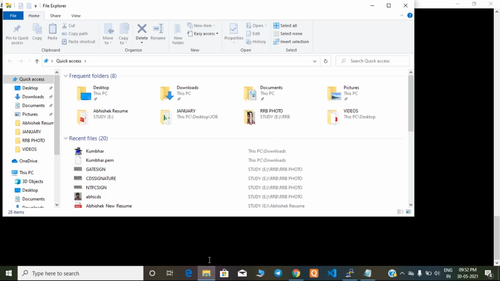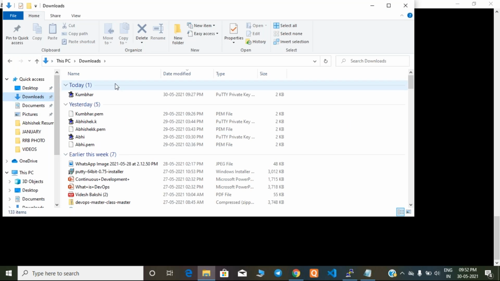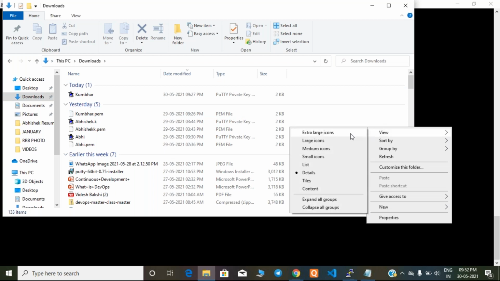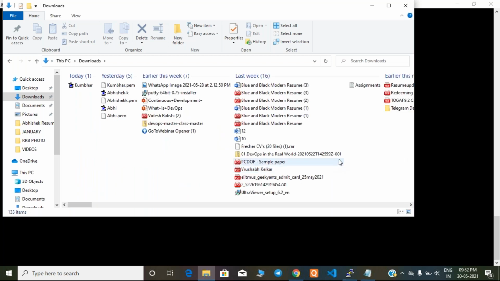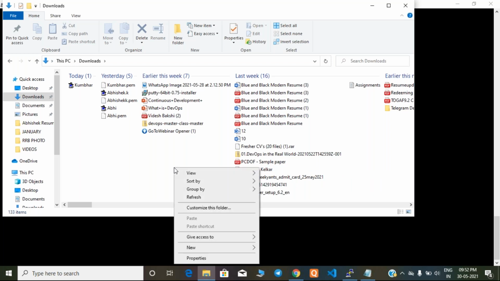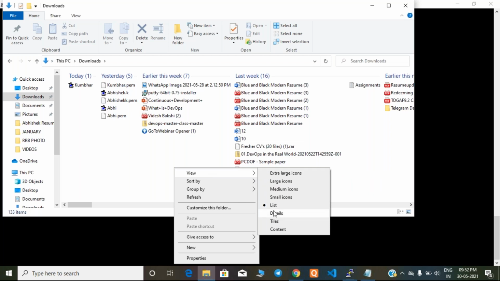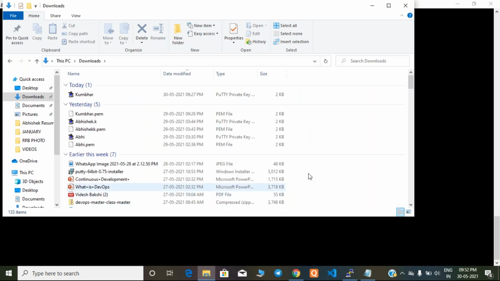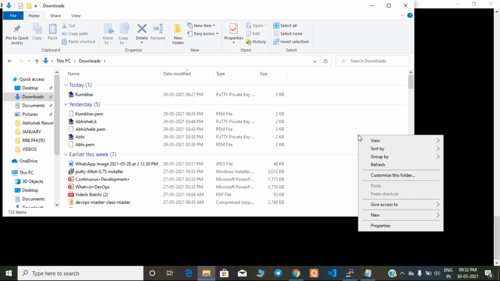Let me open Windows, downloads. So for example, guys, see here, I have different options. View itself has different options. For example, the list option. When I click on the list option, what happens? Only the list will show. In the same way, view details. See, the command is the same, view only, but based on the option, the behavior is different. It shows full details about each file and folder.